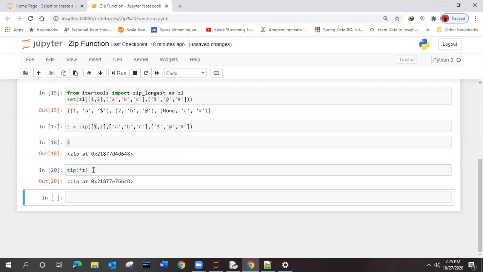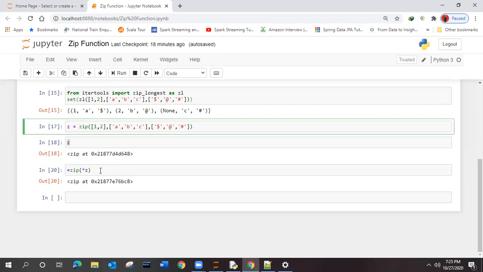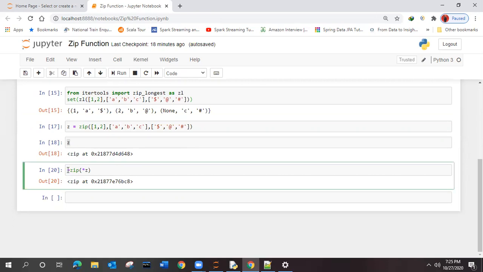You have extracted it, but you didn't define where to store it. So how many elements are present inside this zip function? One, two, three. Only three are there. So we need a total of three variables to store the unzipped version of that.